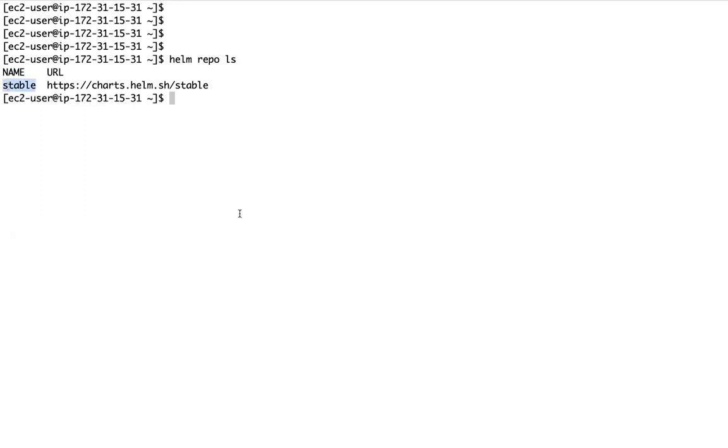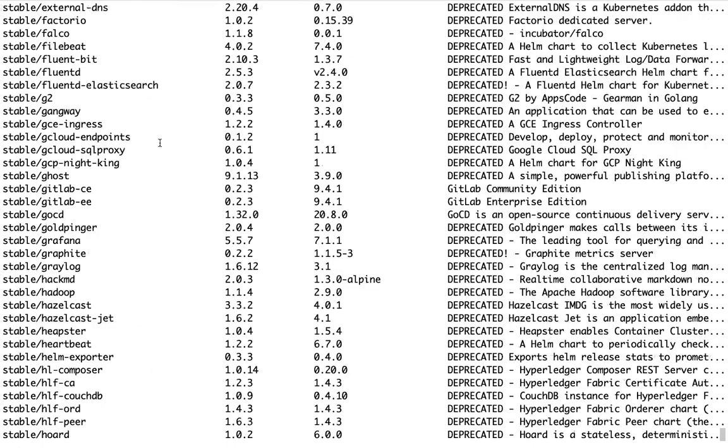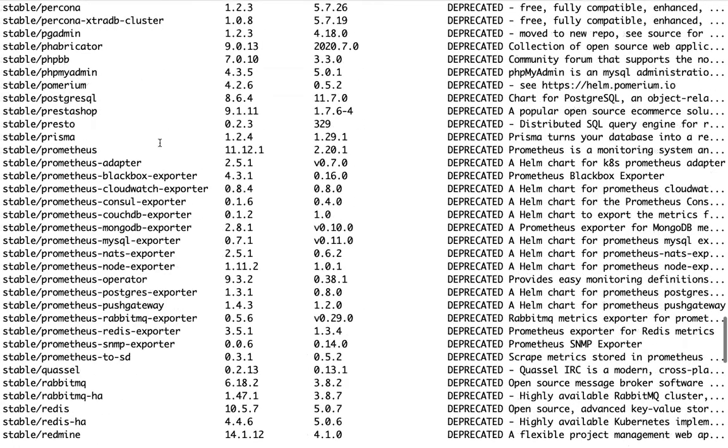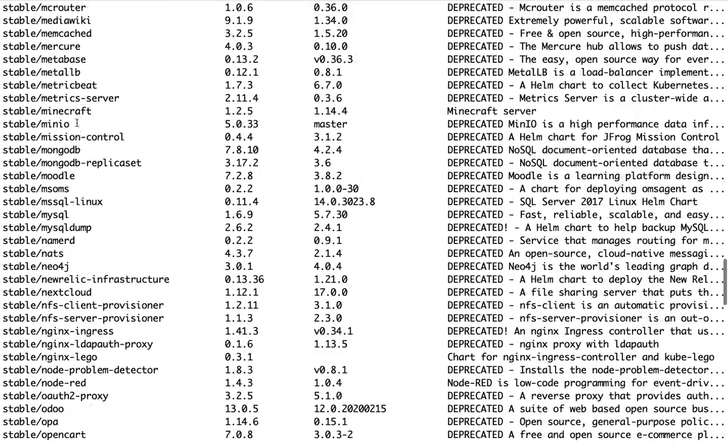Now what will be there in this repository, right? The charts. There will be a lot of applications available as Helm charts. Let me search this repo. So what are these?